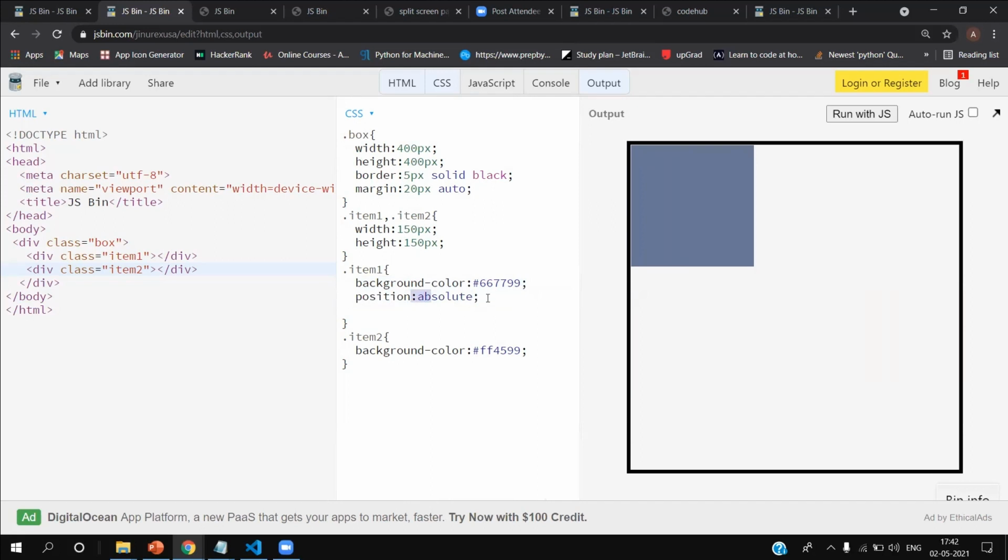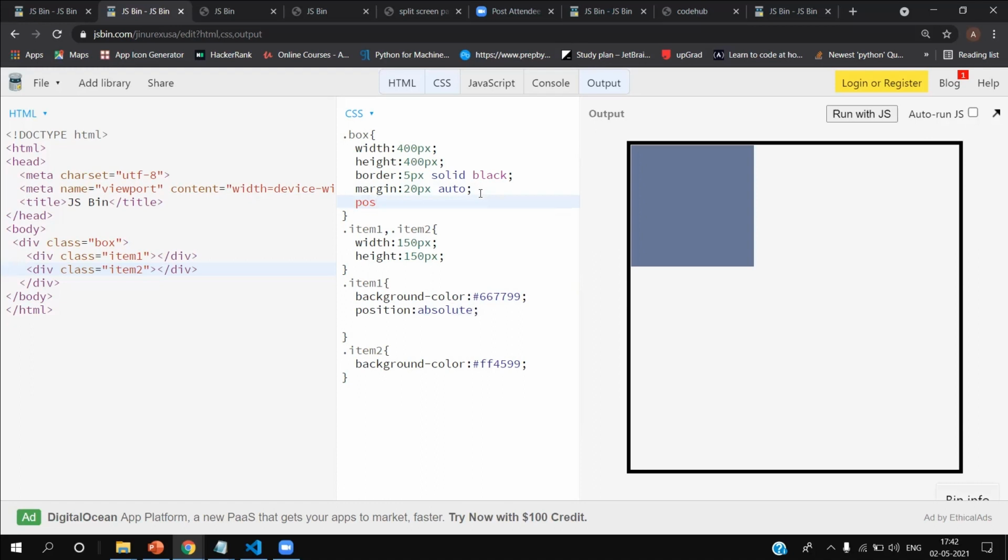So I want this absolute to be relative to my bigger box. So I'll keep my bigger box as position relative. Now I'll keep bottom 0 pixels. Now it has come here.